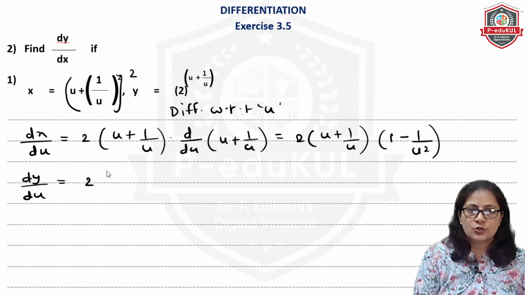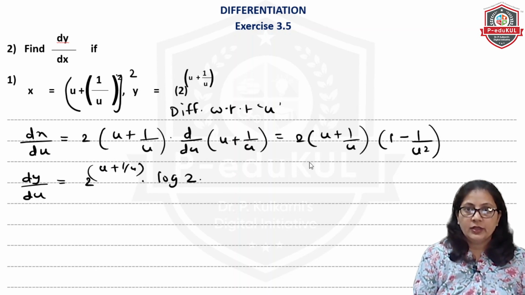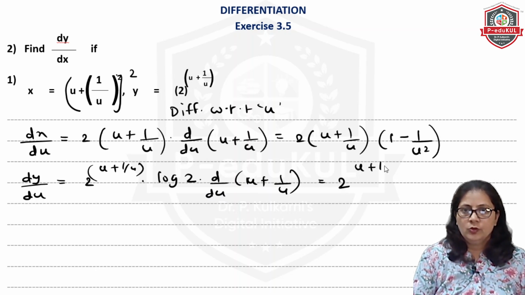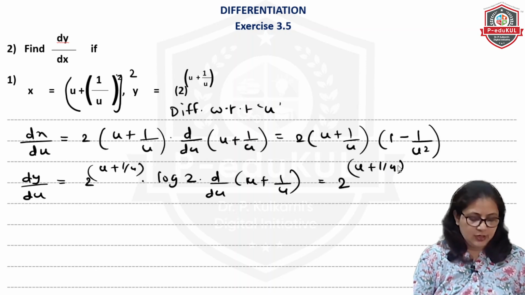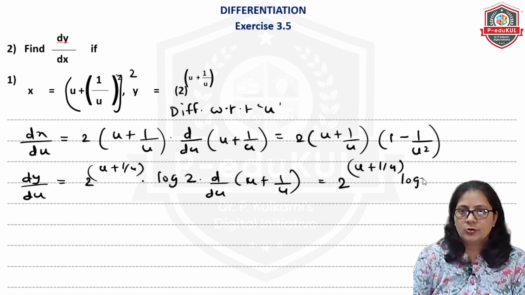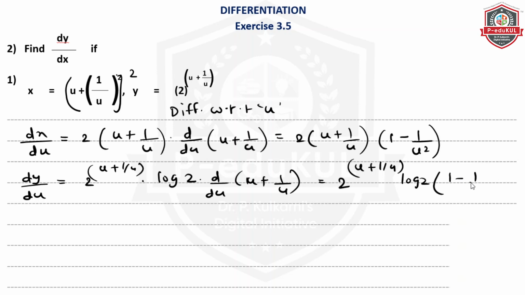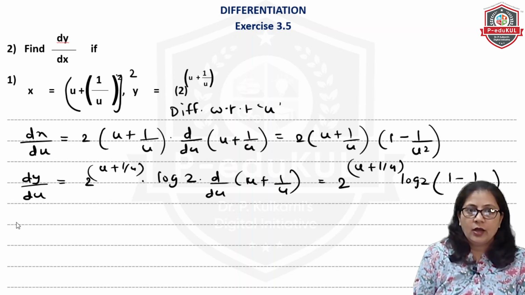dy by du is 2 raised to u plus 1 upon u as it is, then log 2, and then again the derivative of this u plus 1 upon u, d by du of u plus 1 upon u. So that will be 2 raised to u plus 1 upon u, then log 2, and then this is 1 minus 1 upon u square. And now we will calculate dy by dx,